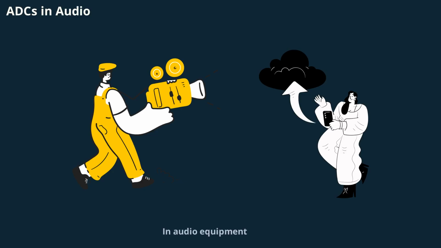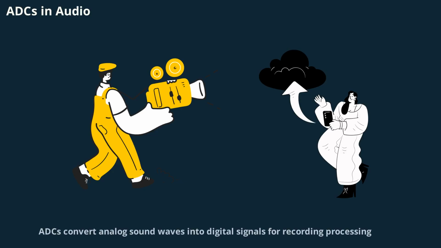In audio equipment, ADCs convert analog sound waves into digital signals for recording, processing, and playback. High-resolution ADCs are essential for capturing every detail in music and voice, ensuring clear, lifelike sound in everything from smartphones